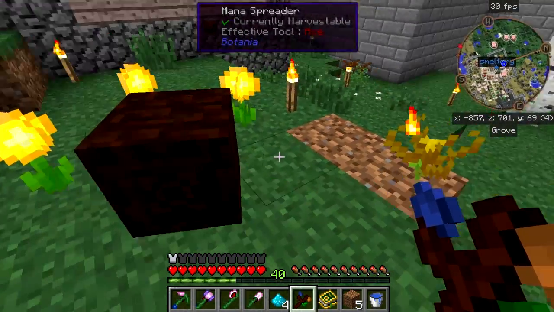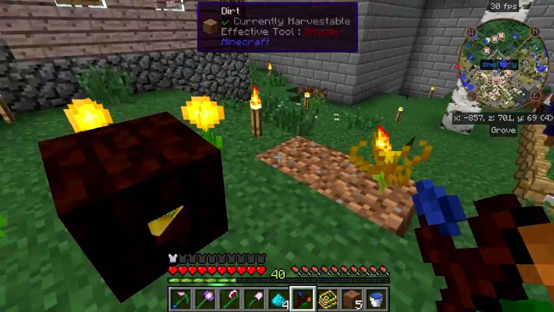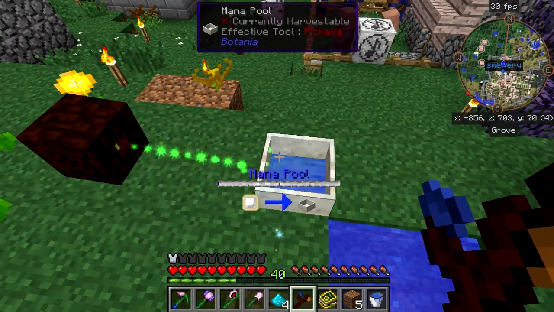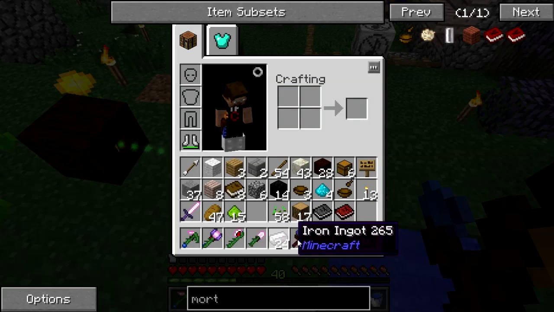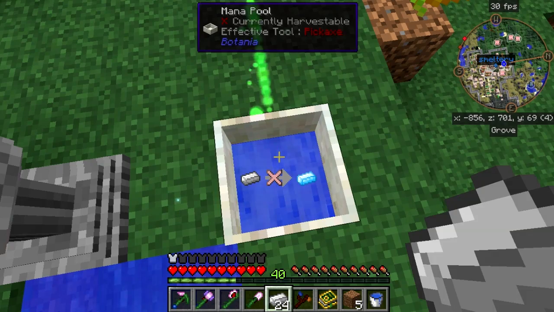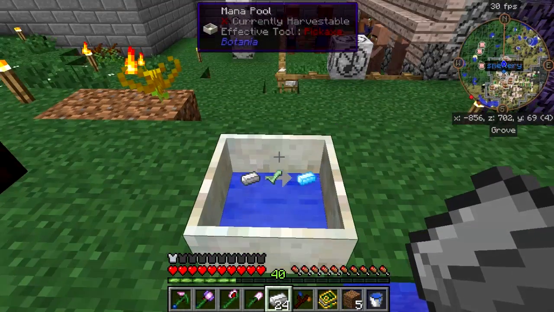Oh, no, no, no, no. Inadvertently clicked things wrong. Alright, get this thing out of bind mode so that I don't do that again. And now, once this has got enough mana in it, I have some iron ingots here that when there is enough, drop them in there and they will become mana steel. And once I have the mana steel, specifically 24 ingots worth,